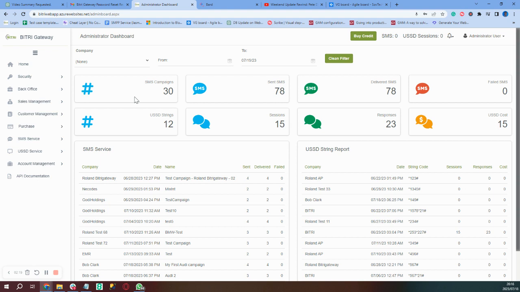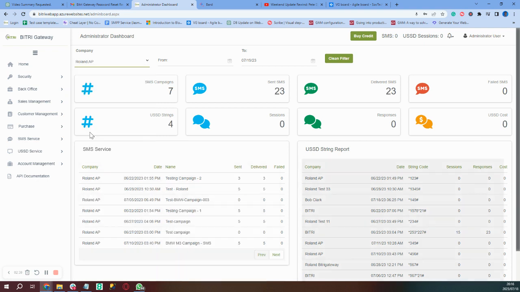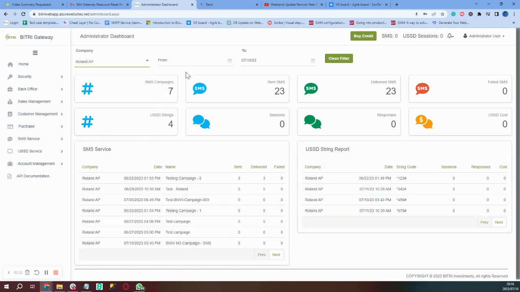Additionally, through the filters that you have here, you are able to narrow down your search and the info you want. So let's say I only want to see information for Roland AP. I'll select Roland AP from any date all the way to today or tomorrow, right? And it tells you Roland AP has seven campaigns, sent 23 messages. He has four strings allocated to him. These are the four strings that you can see here. These are the seven campaigns, but none of these strings have been activated,